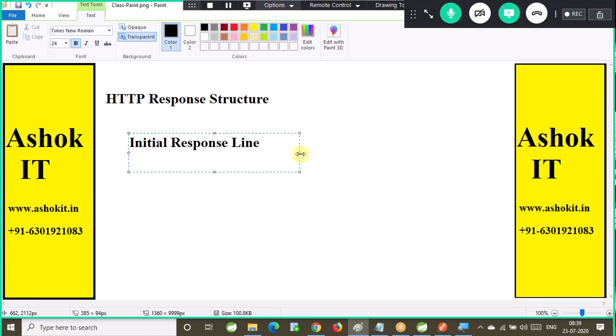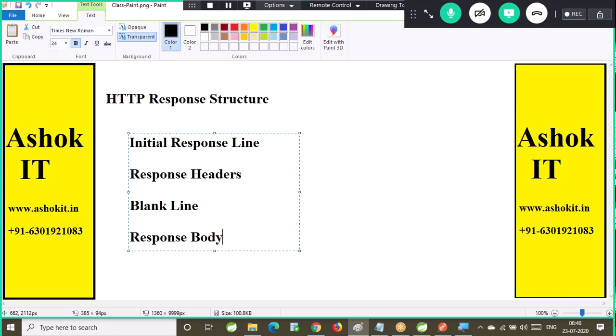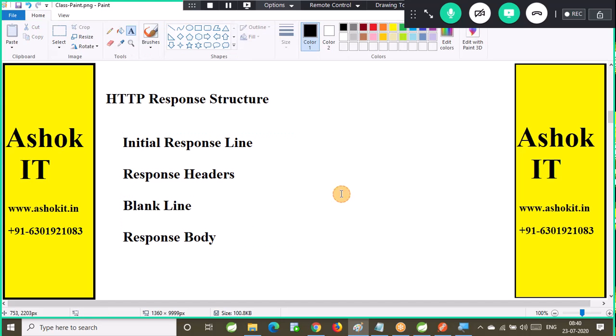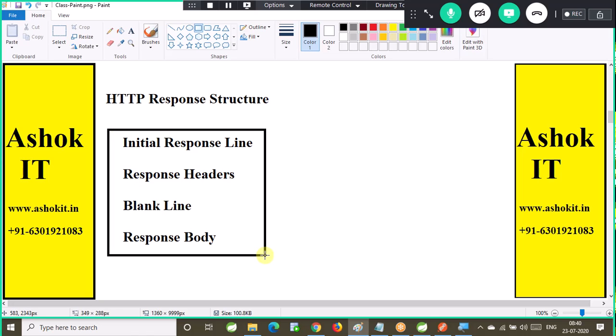Then response headers will be available in key value pair format. Then one blank line. Then the response body. The response body will also be available; for every request, we'll get the response with a response body. This is our HTTP response structure.